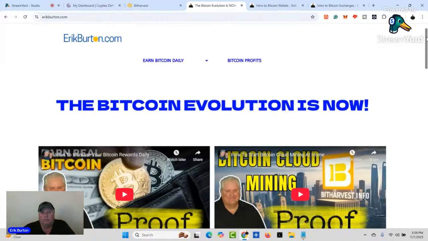The Bitcoin evolution is here. It's been here for a while. We have time, but definitely, I'm going to go into a couple of things that most people have problems with, that are asking me in the comments about how to even get started. It's amazing how a lot of people just don't really realize what's going on with the digital coin, cryptocurrency, and Bitcoin